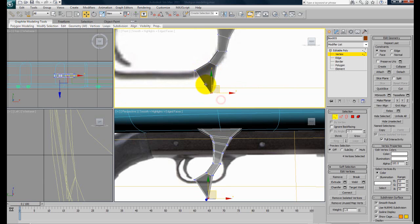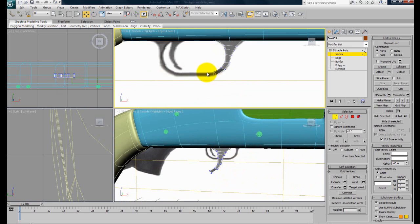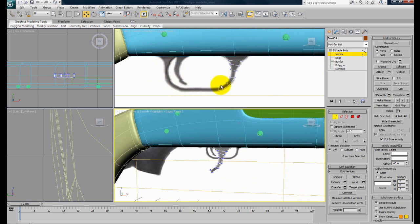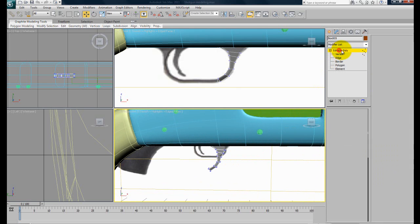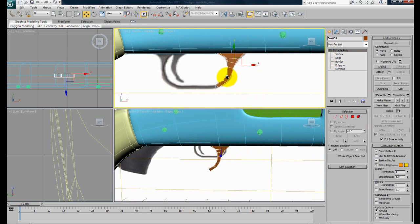Right, so here's the interesting part. Since the back and the front are slightly similar, why waste time modeling it again, right? Why waste time on that when we can go back to editable poly up here. What I'm going to do is use the mirror tool here. I'm going to create a copy